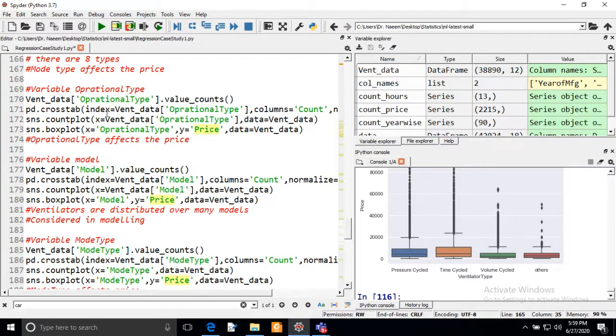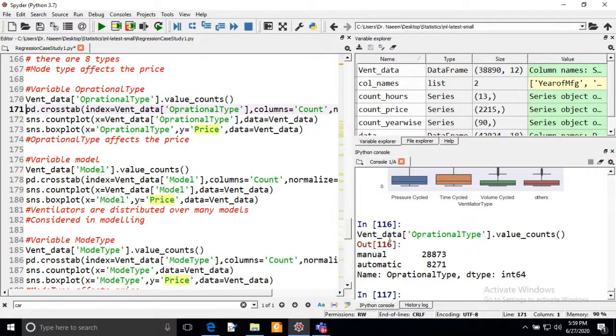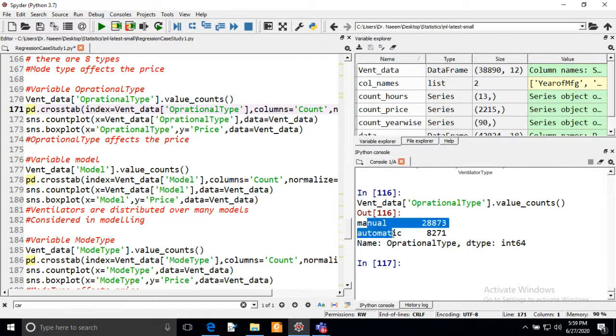Now we will see the operational type, automatic and manual. We can see the categories under this column. We have 2 types of operational type, manual and automatic, and we can see whether it is affecting the price of the ventilators or not. We show the box plot, because it is categorical data.